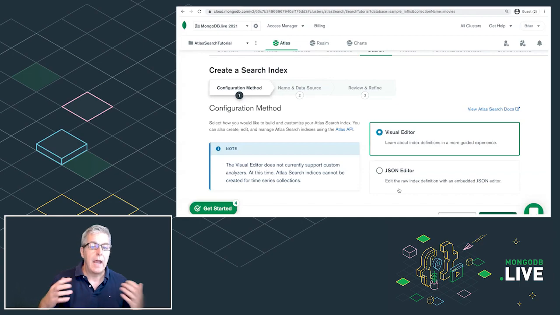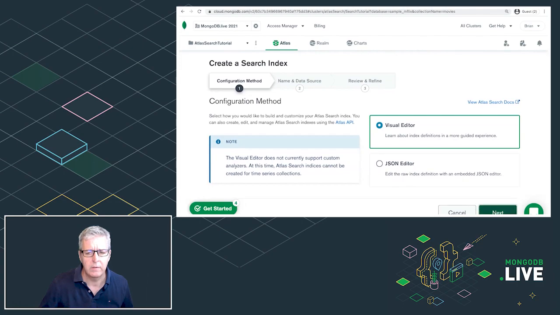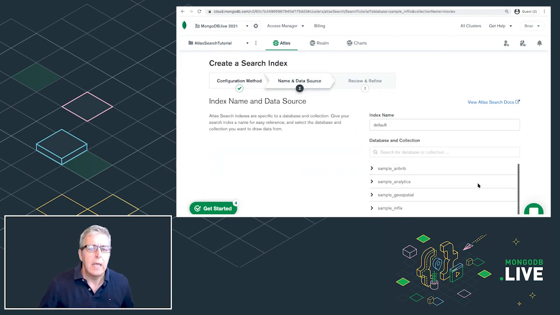You'll see that Atlas offers us a couple of paths: a nice visual editor that we're going to use today, as well as a JSON editor. So go ahead and stick with the visual editor and click next. Then we need to give our index a name. We're going to stick with the default name.